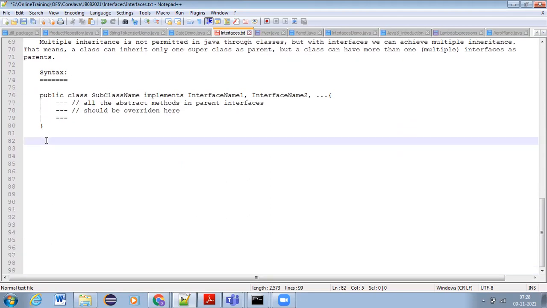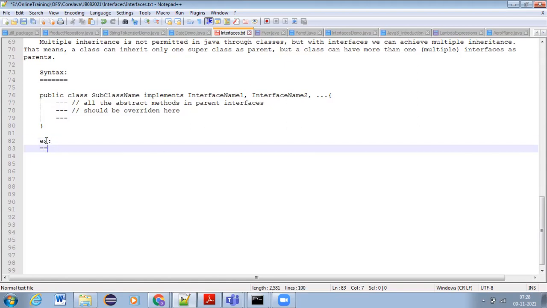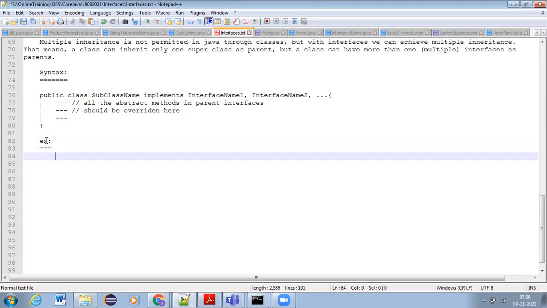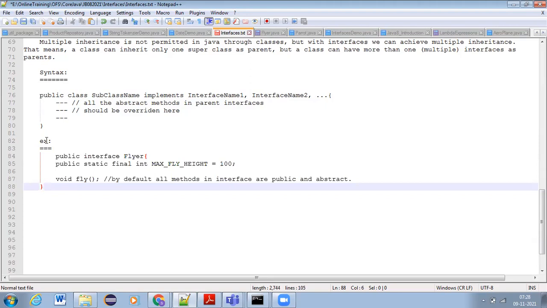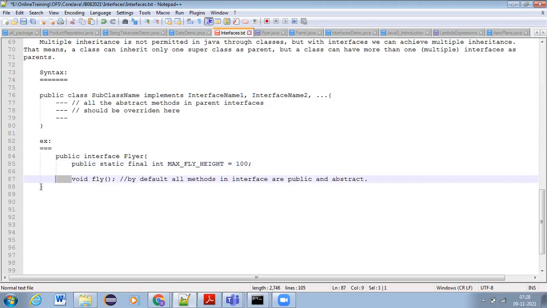Here we have interface Flyer, and in the Flyer we have a method like fly.